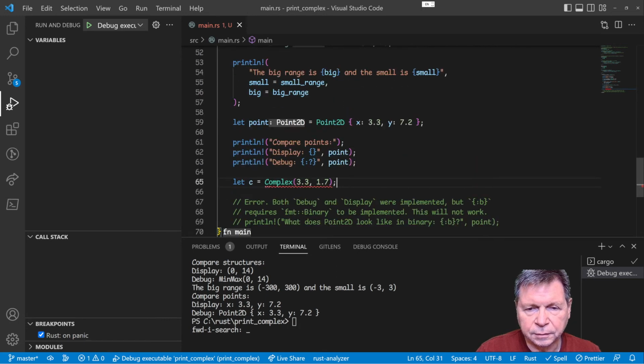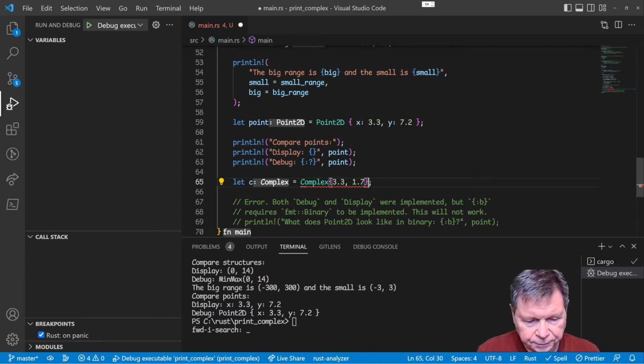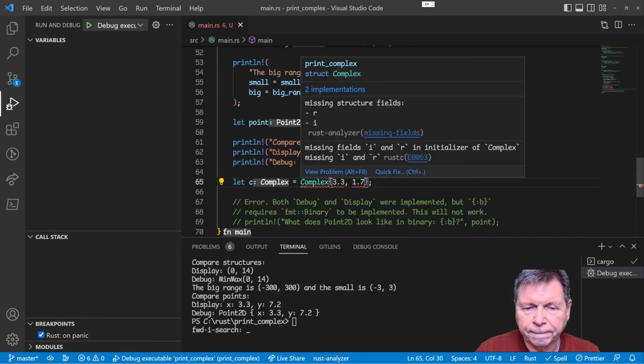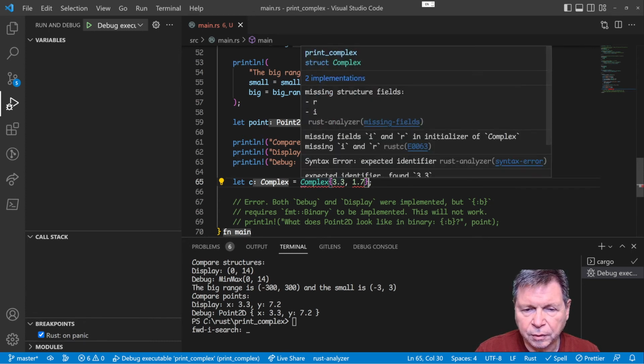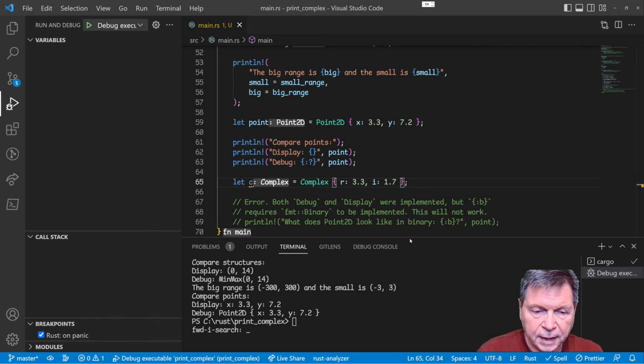All right, what did I do wrong? Oh, round brackets, curly brackets. Duh. Sorry. All right, save that. Why are you complaining now? Missing structure fields. So, yeah, I forgot. I didn't give them names. There, now it's happy. Okay, so we got complex is that, and that yellow one is going to be, hey,